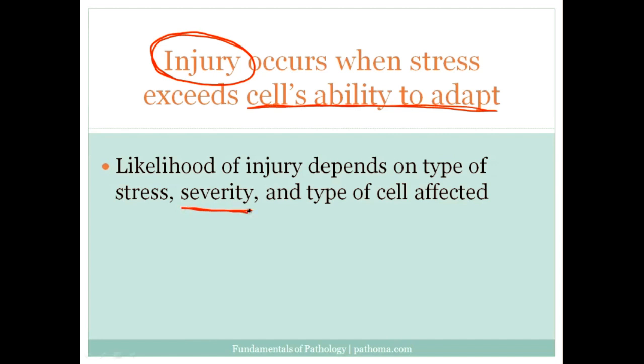Just to give you a very simple example, if you slowly cut the blood supply to the kidney, it will atrophy due to the decrease in nutrients. Maybe a classic example of that would be atherosclerosis of the renal artery or fibromuscular dysplasia of the renal artery. Either of these two pathologic processes would slowly cut the blood supply to the kidney, and as a result, the kidney would shrink in size because it would undergo atrophy. So that's slowly developing ischemia, or a slow cutting off of the blood supply.